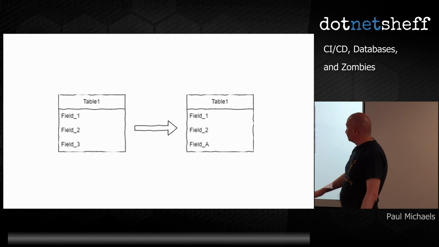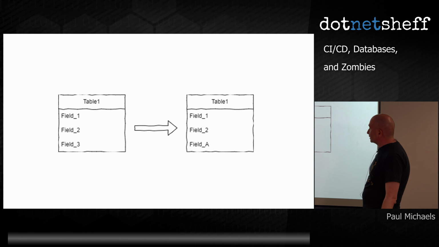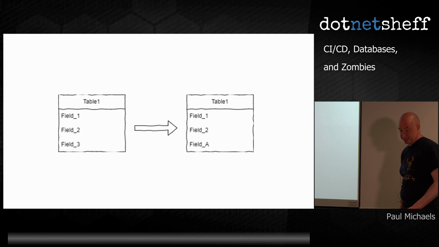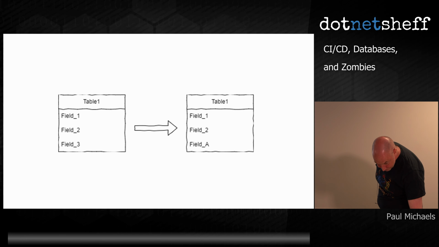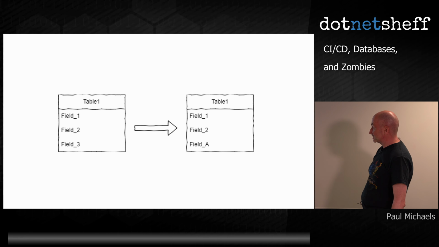But this is the harder problem where you want to change one of the fields or you want to remove one of the fields, whatever it is. But if we just focus on changing one of the fields, because that covers a lot of the problems that you face. So if you just run that change, if you say I want to update field 3 to field A, that will probably work, and your software may or may not work with it. If the database change gets deployed in synchronization with the software update, that might work.